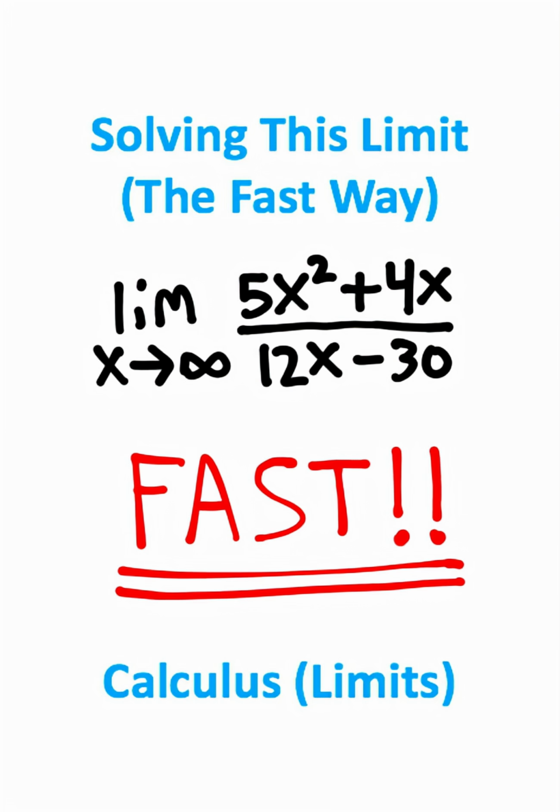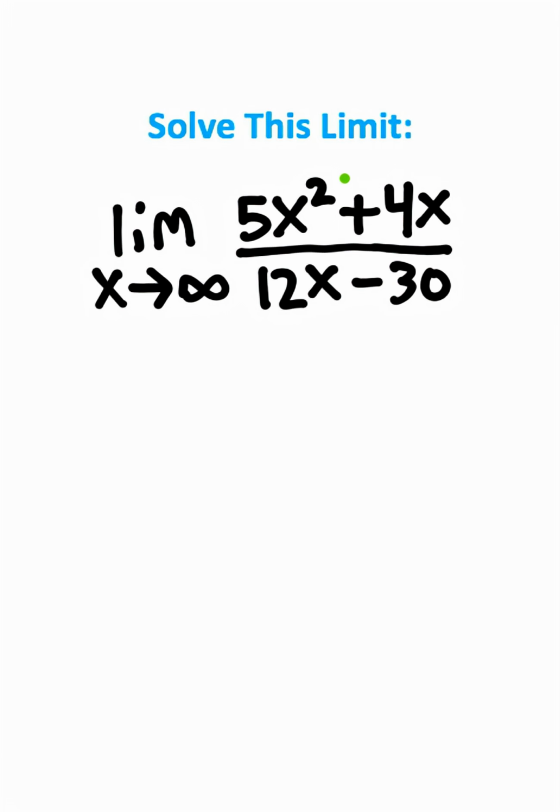Let's solve this limit. So we have the limit as x approaches infinity for this entire function. Whenever you're dealing with limits where the unknown variable approaches infinity, there's actually a very simple trick for solving these functions. What you want to do is look for where the highest exponent is on your unknown